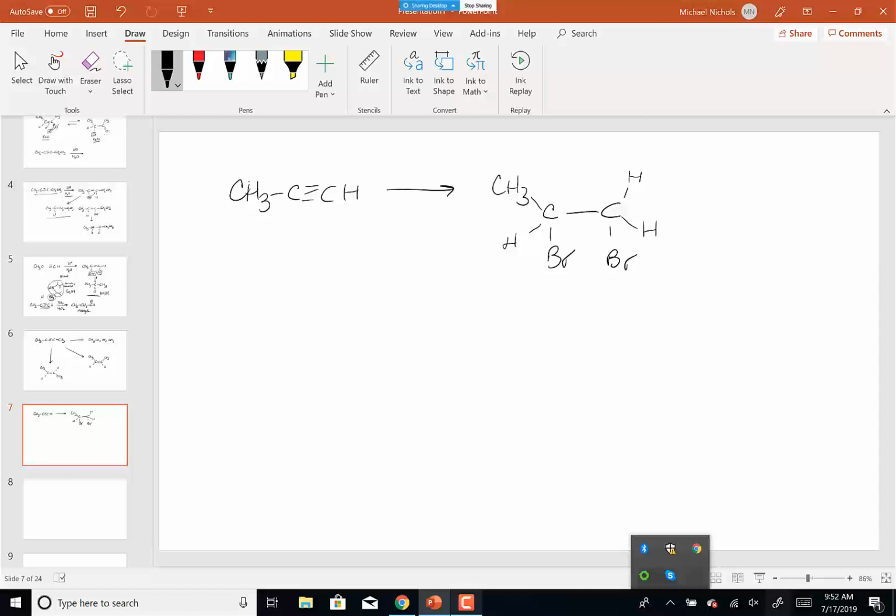So now the question is, you're going to do more than one reaction. You're going to add 2 Brs and 2 Fs. But we've got a couple of reactions to get from there. So what reaction is